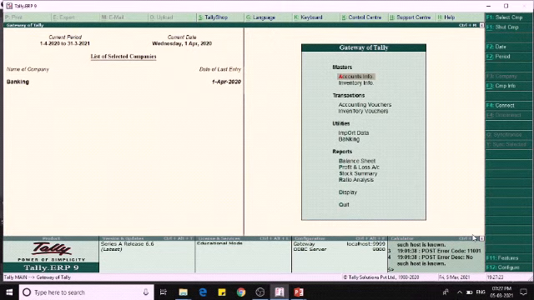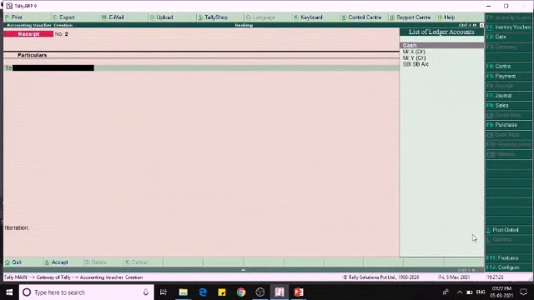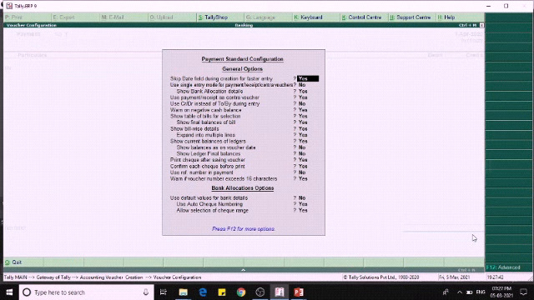Now we go to the accounting voucher. Okay, so now we are going to see the payment voucher. F5 is the shortcut key for payment voucher. The banking configuration for the payment voucher is slightly different from the receipt voucher. As of now, we press F12 and we can see the bank allocation options.